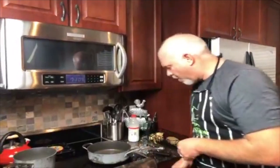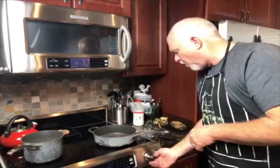So we're going to get our pan right here. Tori, we're going to use medium heat. Now look, when you start making roux, which is basically the butter and...